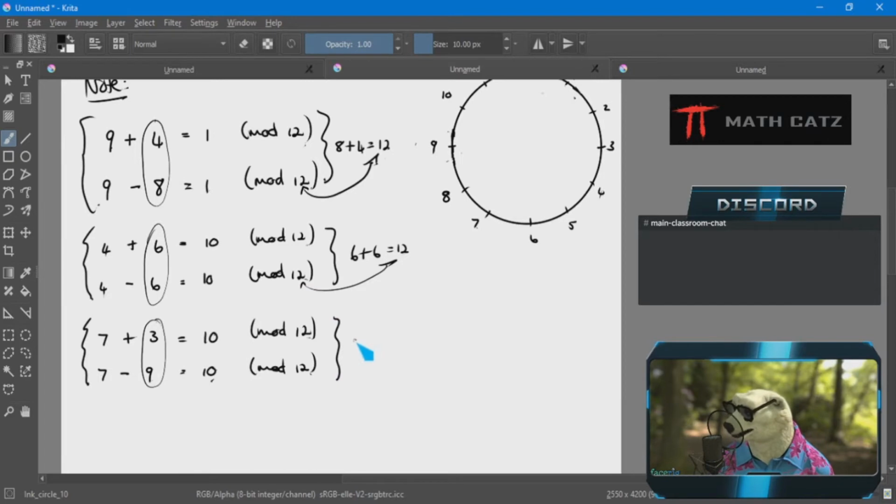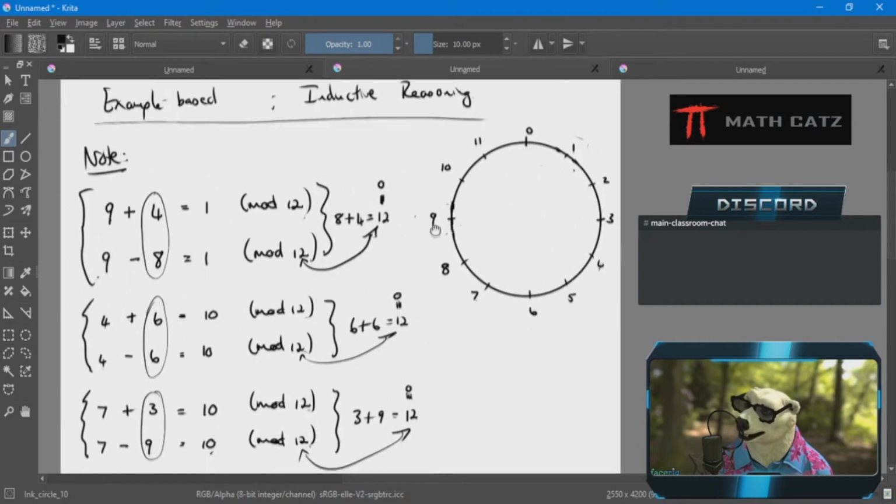Now, of course, these examples are quite limited. I should technically change my circle size. But with enough examples, I'm going to see that this happens every single time. Pick another size circle, do this again. The number I add, the number I subtract, those guys are connected in a very specific way that they add up to the size of the circle, which is, of course, equivalent to 0, right? This is equivalent to 0